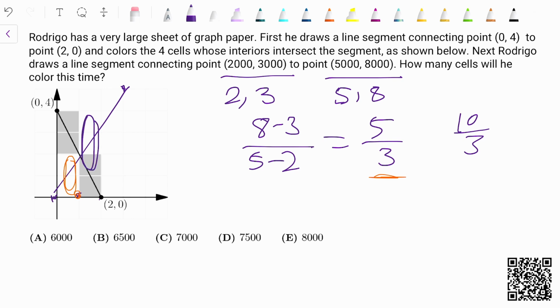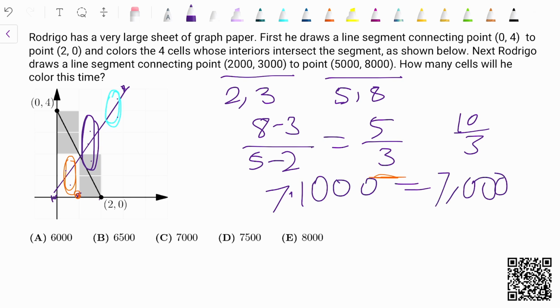And similarly, we can keep going with the 3, and that would be exactly at 5, and then we would cover these 2. Therefore, we just need to count how many cells this slope covered. We have 1, 2, 3, 4, 5, 6, 7. Therefore, we have to multiply back on our 1,000 that we divided at the very beginning to make our job easier. So you just have 7 multiplied by 1,000, getting you 7,000, which just so happens to be answer choice C. So the answer is C,